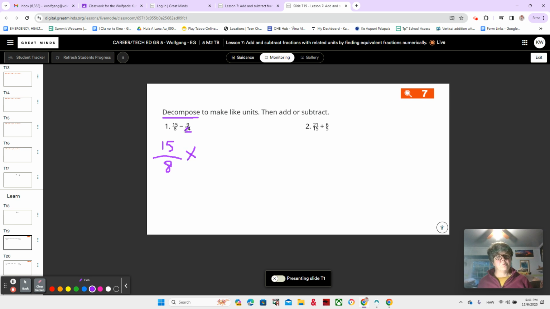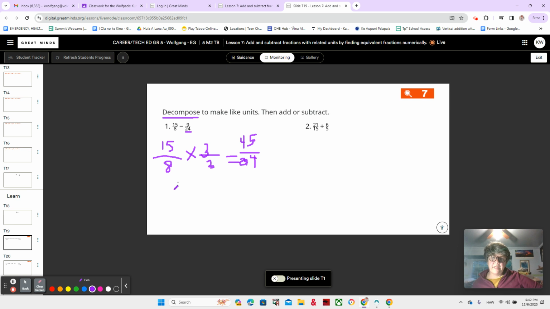So 8 times what is going to equal 24? 8 times 3 is 24. Have to do the same thing to the top and the bottom because I'm breaking it all into 3 parts. You may not know this, but 15 times 3 is 45. It's always good to know your 15s. And 8 times 3 is 24. So now I have